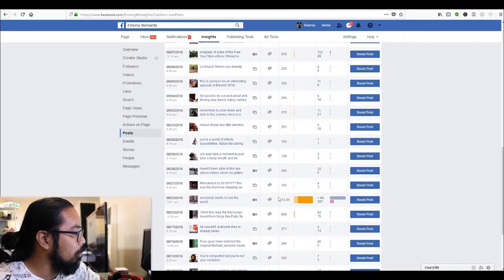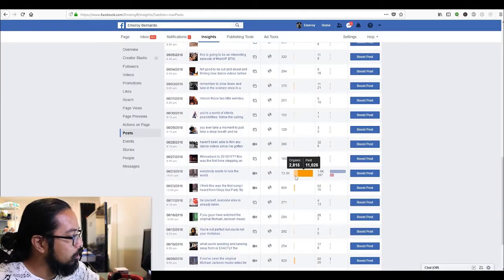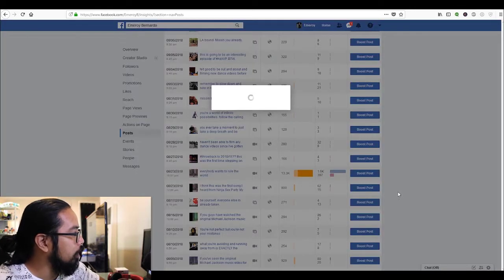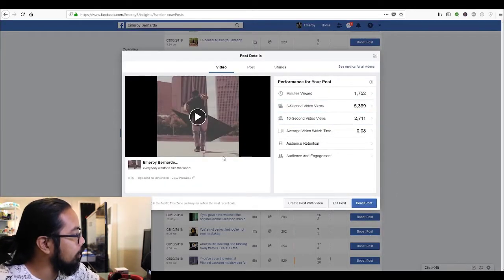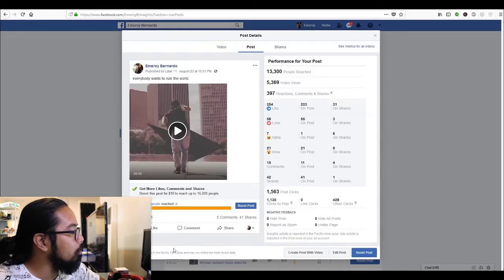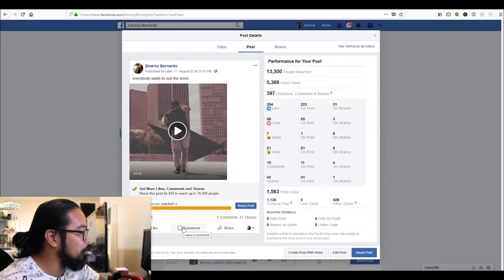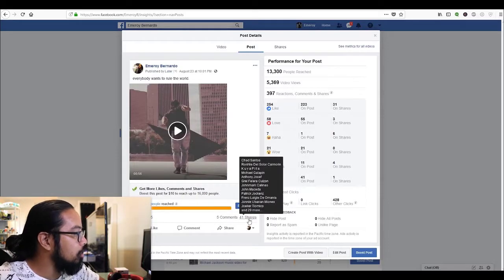Okay, this is an ad I ran a couple weeks ago. You can see the difference. This side is organic, this side is paid. See that amount of reach. And you'll see that it got a lot of likes and engagement, exactly what a page post engagement ad is supposed to do. Okay, it's supposed to get you likes, it's supposed to get you comments and shares. It's not really meant to try to generate traffic.